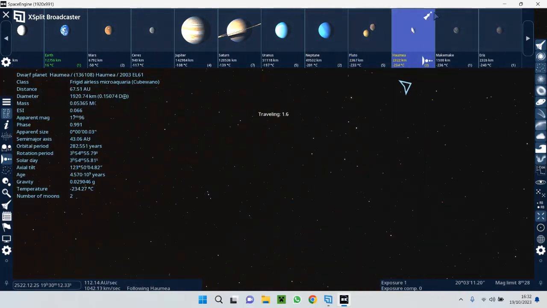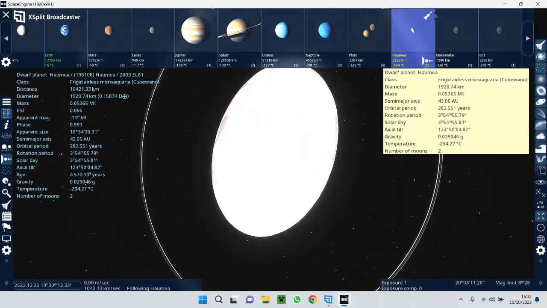I'm gonna go to Haumea, the only dwarf planet that we discovered to have rings.